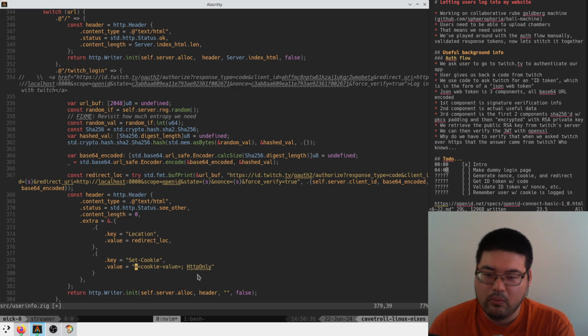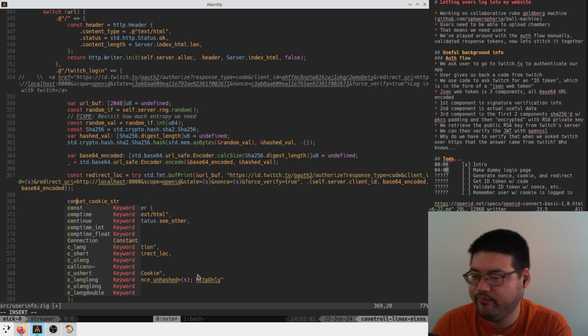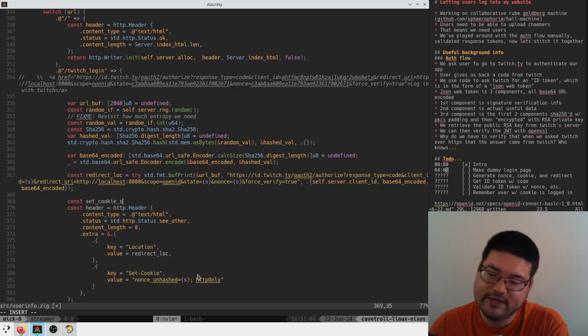The cookie name, I guess we can name it whatever we want. So we'll just call this nonce, val nonce unhashed. Sure, and then this needs to have a value associated with it, which means that we have to do a buff print. So we'll say that the set cookie str is, or buff, I guess, is a